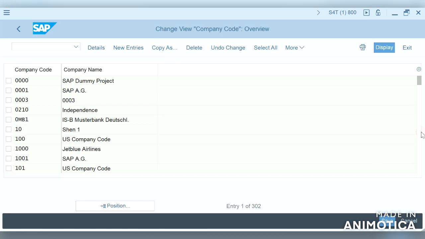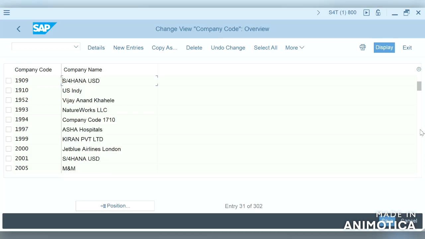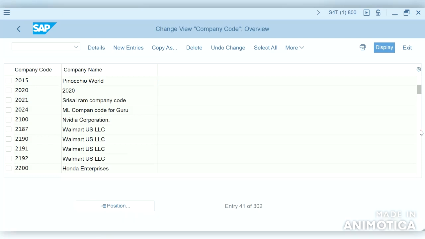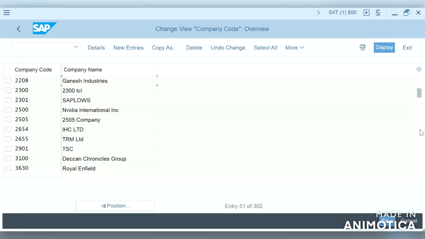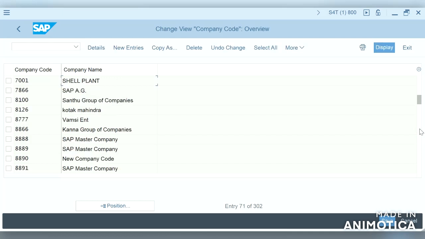Then they can find the templates and copy the company code from the standard company code which SAP provided. We can see the country template for CA, and there are many more templates for Brazil, Argentina.